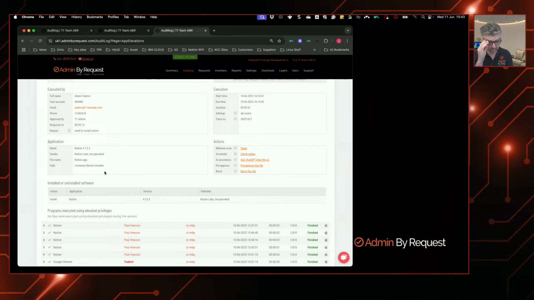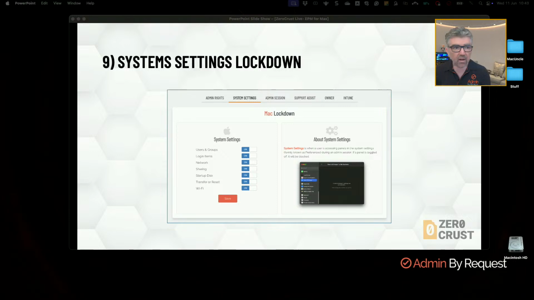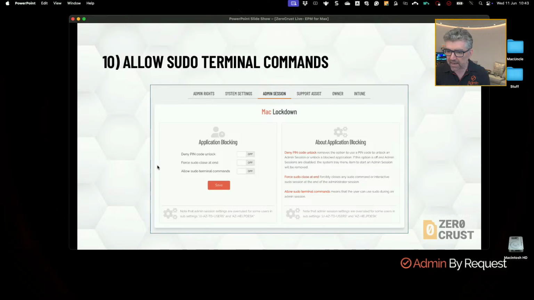Also, if there are support people accessing the systems of important people, then obviously you've got a full log of exactly who did what on what computer and when. Perfect. Right. Okay. I think there's only one more actually, which is really